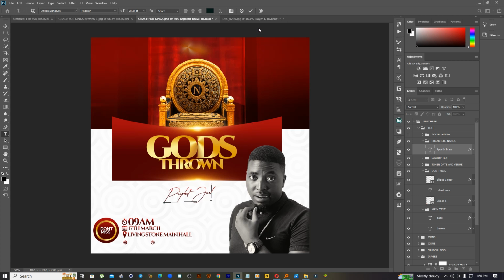If the font is okay with you, no problem, leave it there. But let me explain something. You might find that this font is bringing an error sign here. It means you don't have the font. What you can do is click on the text, make sure it's selected, and then on the layers, make sure the text is the one you have selected. It will give you the name of the font on top here,